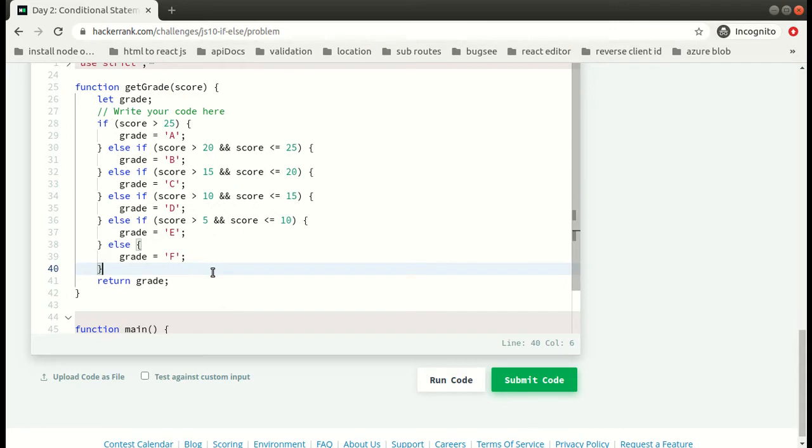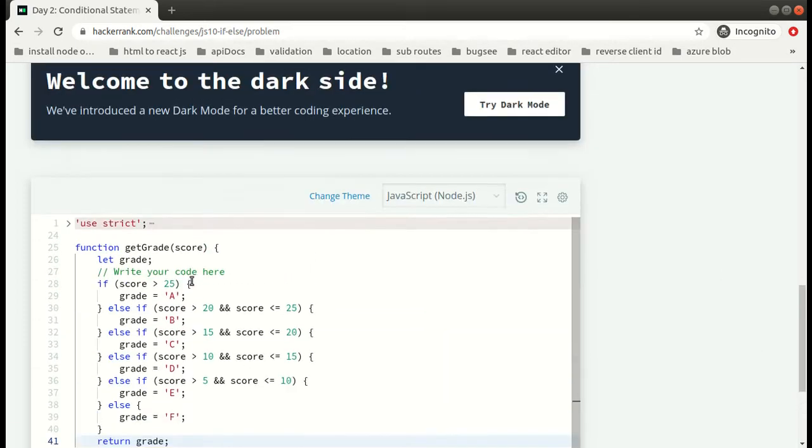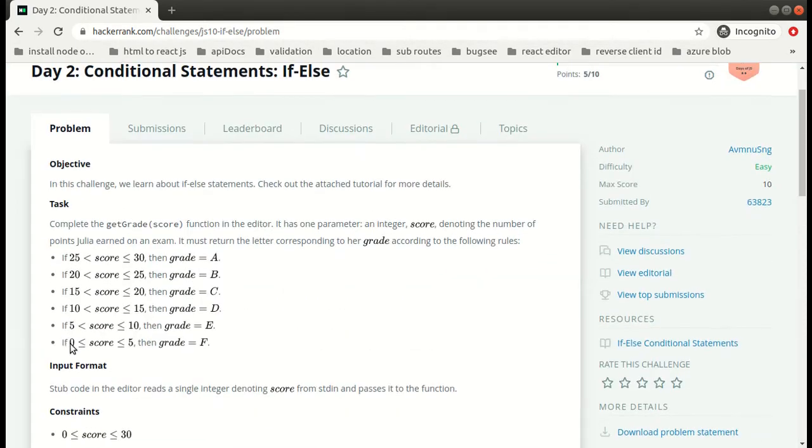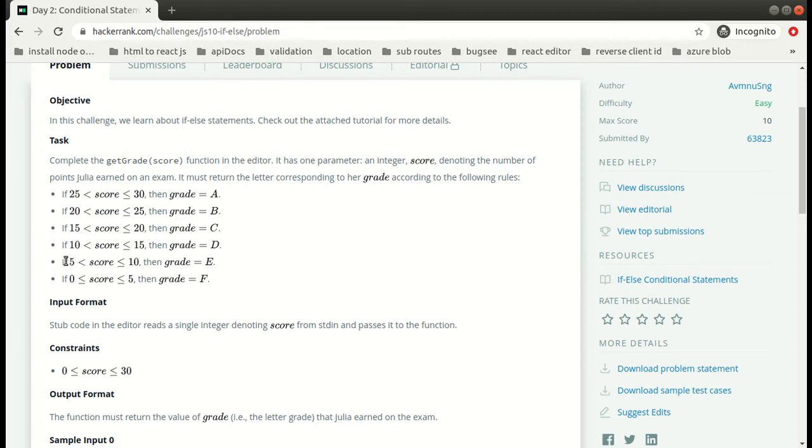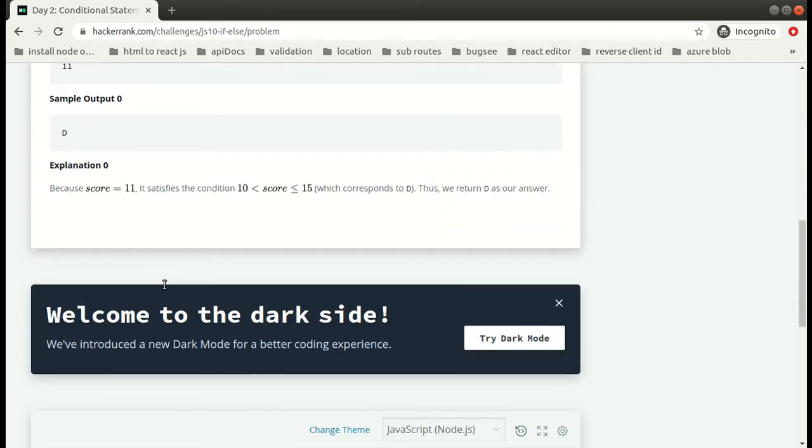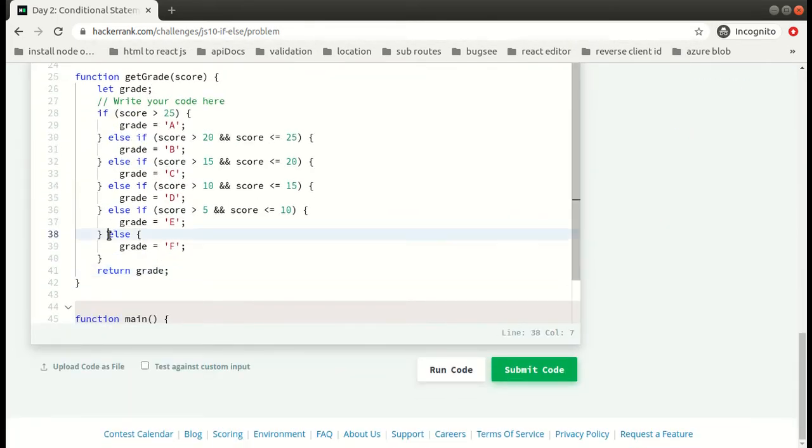So friends, here is our code on the basis of all the conditions that were given to us. As we can see, the second last condition was this that we have written over here, and this is the else condition. Else we will simply show this F grade. Now let's try submitting this code.